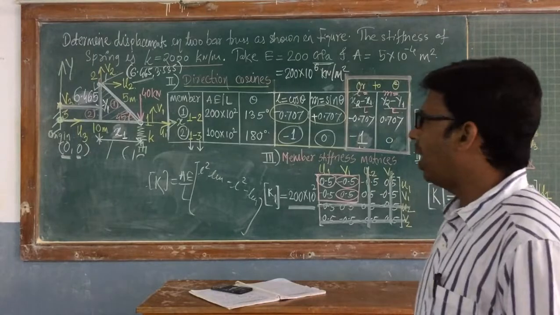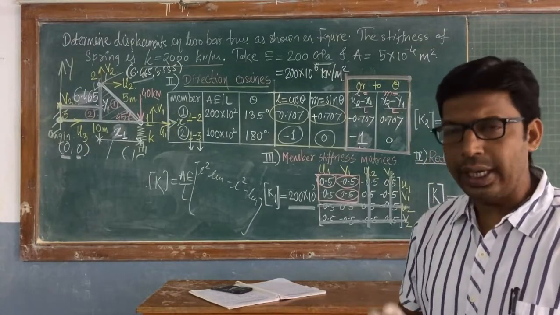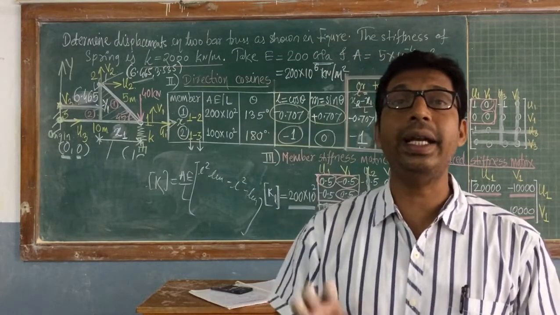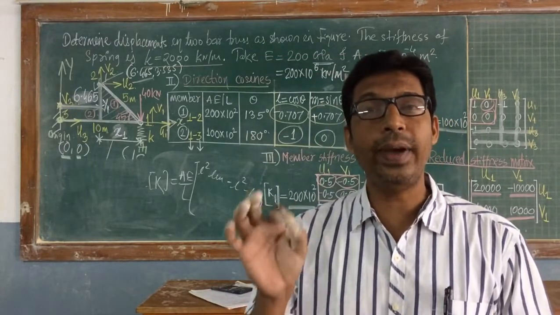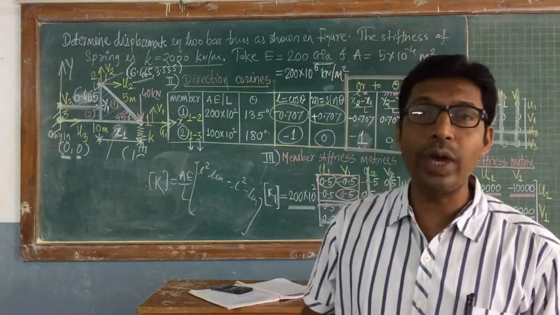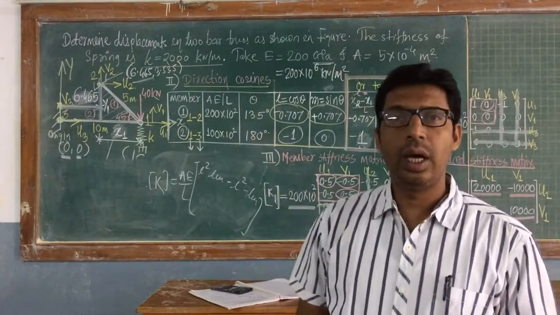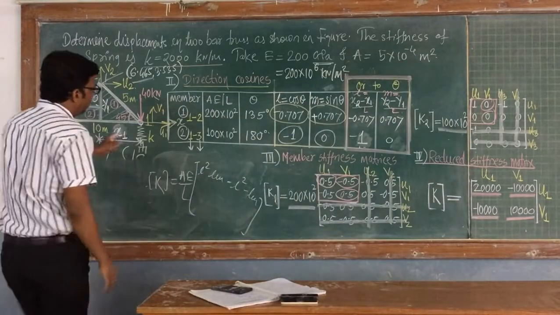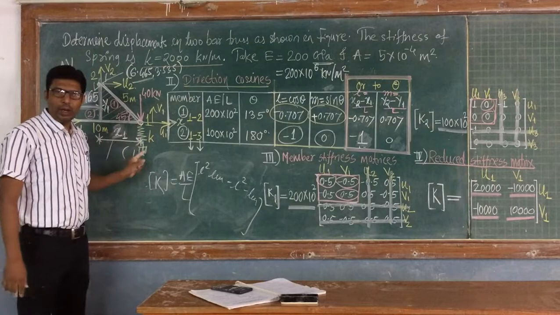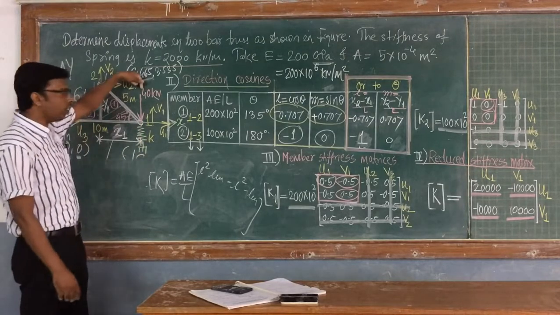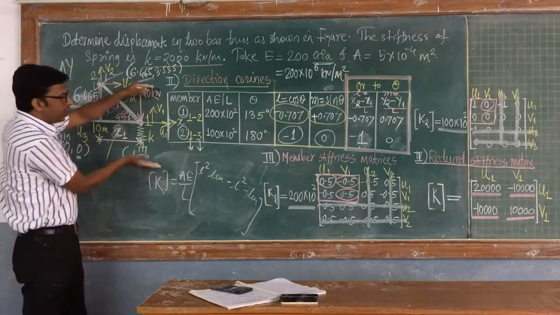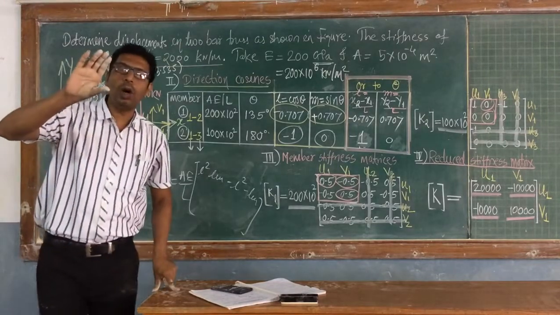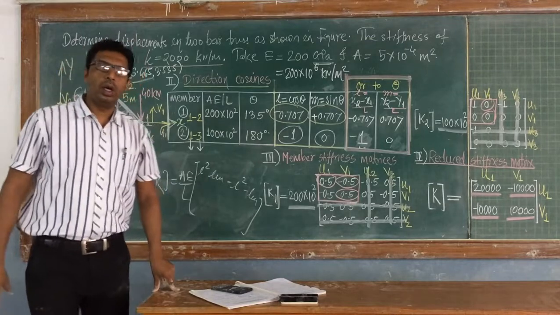Okay. Now understand, this stiffness matrix is still not over because we have not yet taken into account the effect of the spring support. Now we have to consider the spring. Now just imagine the spring. The spring is provided at joint 1. So because of this 40 kilonewton load, the spring will compress. Compress means it will compress vertically downward.